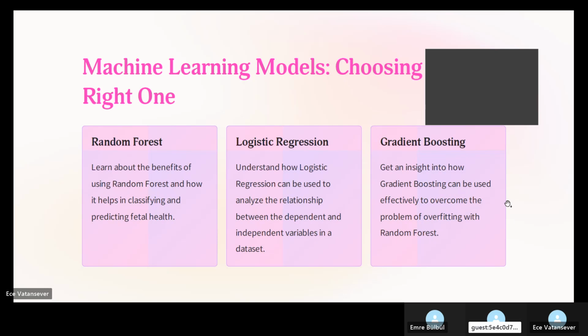Let's look at gradient boosting. It's an ensemble learning technique that combines weak learners, like decision trees, to create a strong predictive model. It corrects mistakes by fitting new models to the results of previous models. This iterative process improves accuracy and handles complex relationships in the data. And let's look at the other